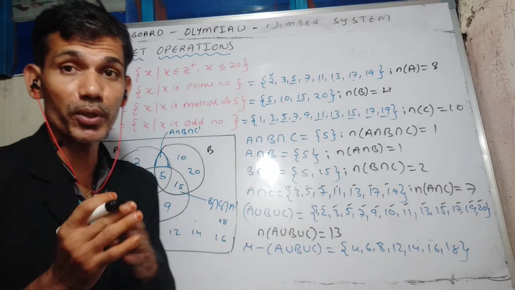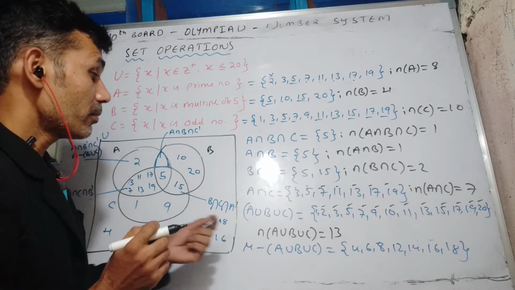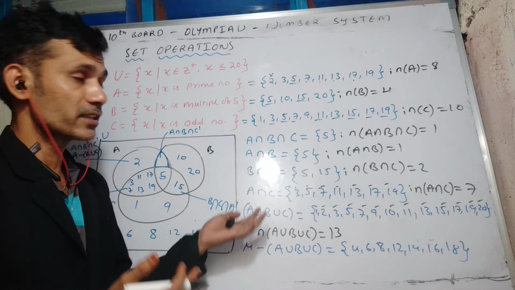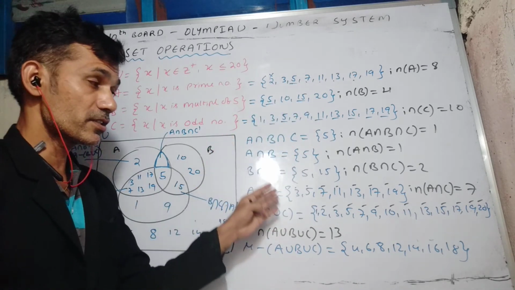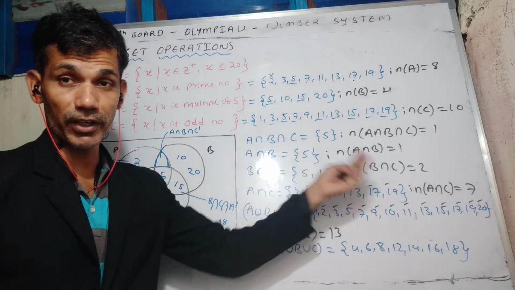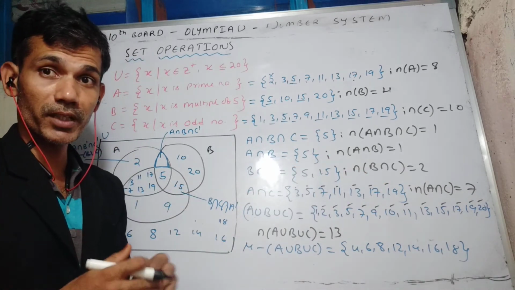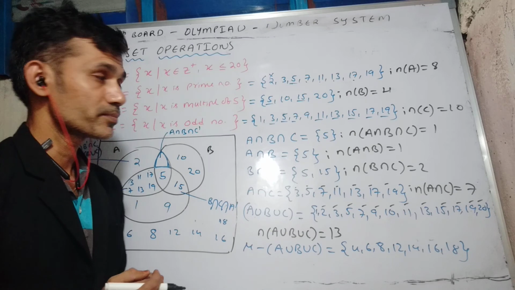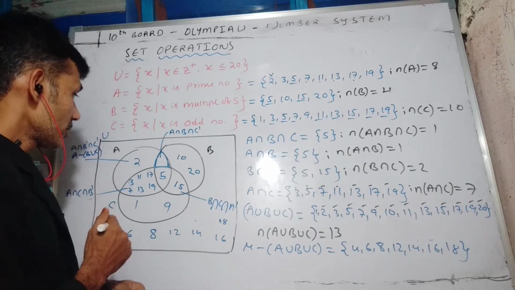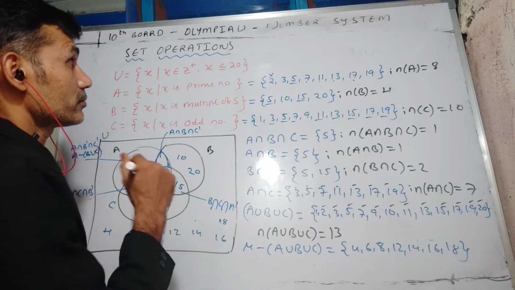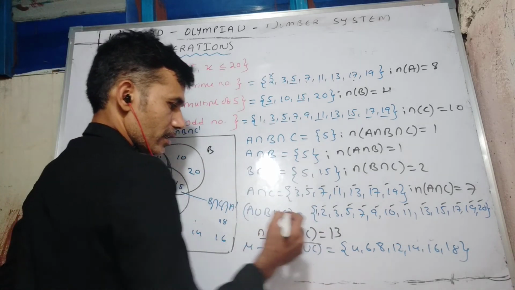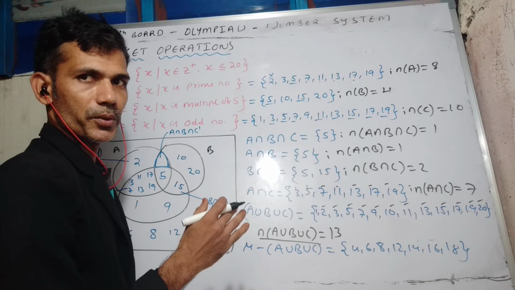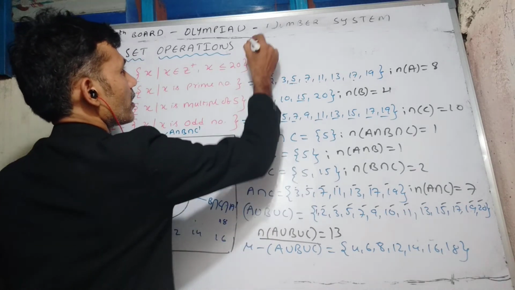Okay. See, now we will verify. We'll try to get an important formula. Number of elements in A union B union C. Like this, every time we cannot do. It is a numerical example, so we are able to list all the elements and we can find the cardinal number. Sometimes they will give only the cardinal number. Okay. So then what we have to do? How to get the important formula? Here see, number of elements in A union B union C we have to find. For that, how to get that?